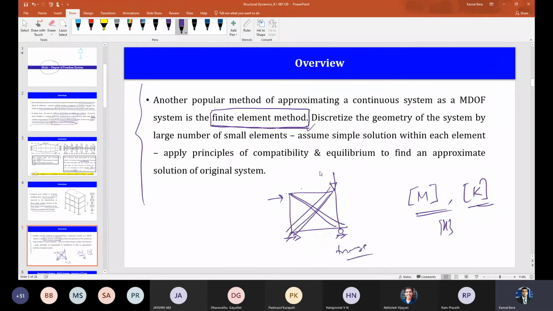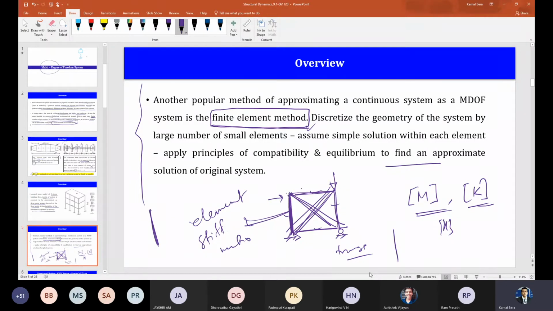So in matrix structural analysis, what do you do? We treat each member as a single element. How many elements here? 1, 2, 3, 4, 5, 6, 6 elements. For each element we construct its stiffness matrix, called the element stiffness matrix. Then we assemble them, because the whole structure is in an assembled condition, right? It is not constituted of one element here and one element there, it is constituted of all 6 elements.